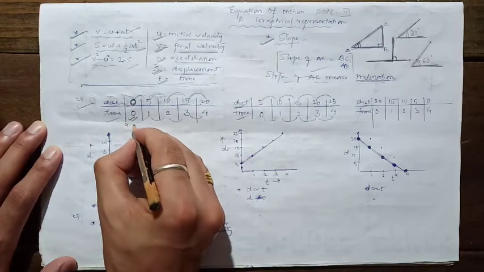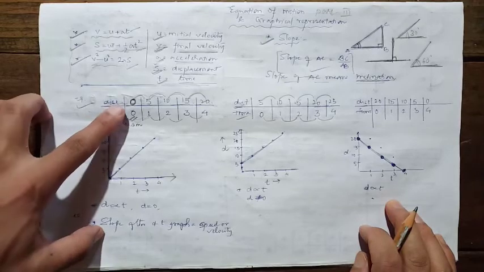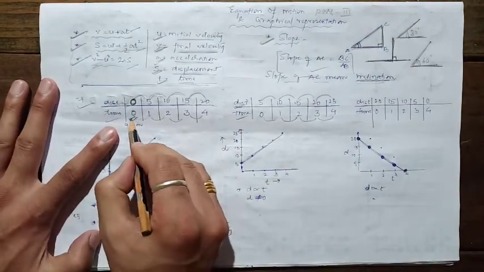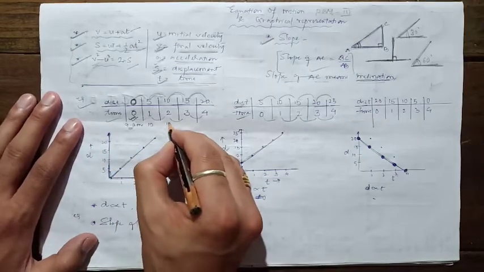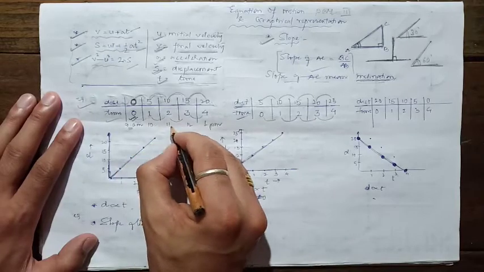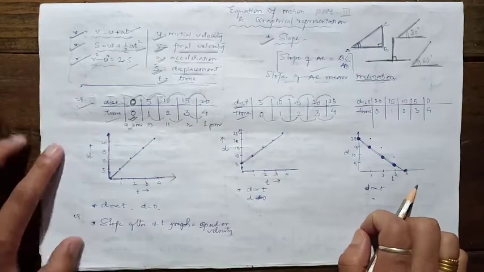Let's say suppose I am starting my motion at 9 a.m. in the morning. So 9 a.m. can be considered as a 0. Let's say suppose this is 10, this is 11, this is 12, and this is 1 p.m. 10 a.m., 11 a.m., 12 noon, and 1 p.m. So students,